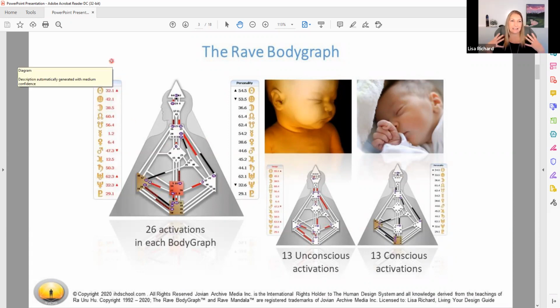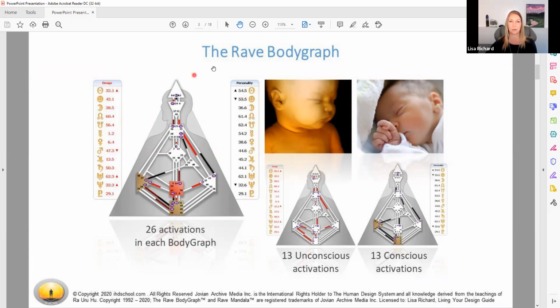Your design is your full potential. It is who you are meant to be, things that are in your unconscious awareness. A lot of times when we ask close family members or friends, they will say, oh yeah, I absolutely can recognize those character traits about you. I can see you reaching that full potential. I believe that to be a truth for you. So that is the short version of how this is created.